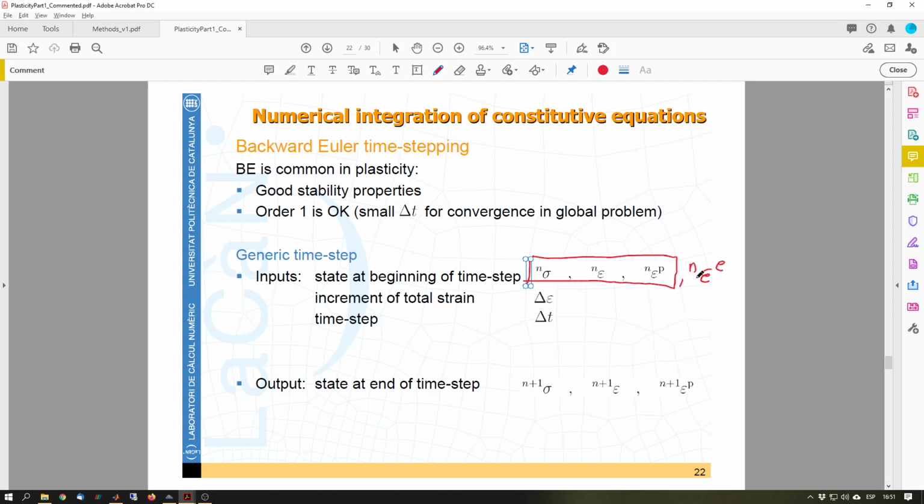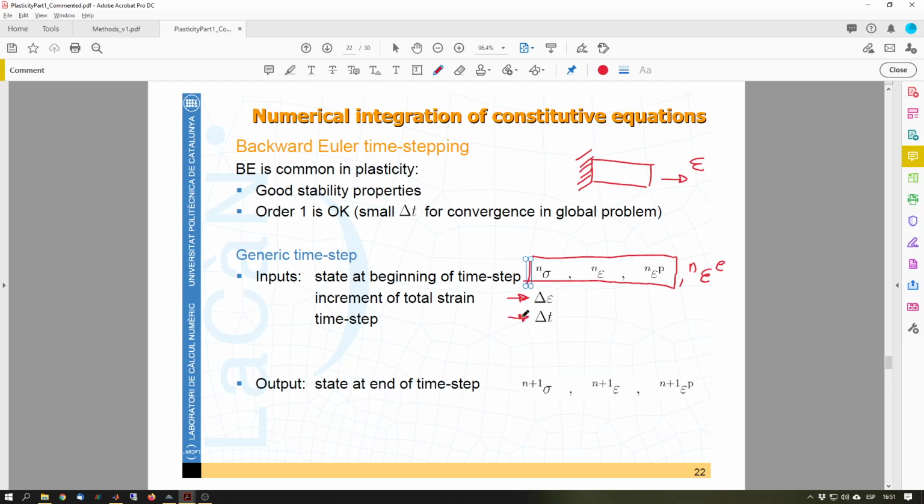So we have that, and we apply a given increment of total strain, which is also input. We are thinking of a system like a benchmark where we apply a given strain, so it's a displacement-driven or strain-driven problem. We apply a given total strain,